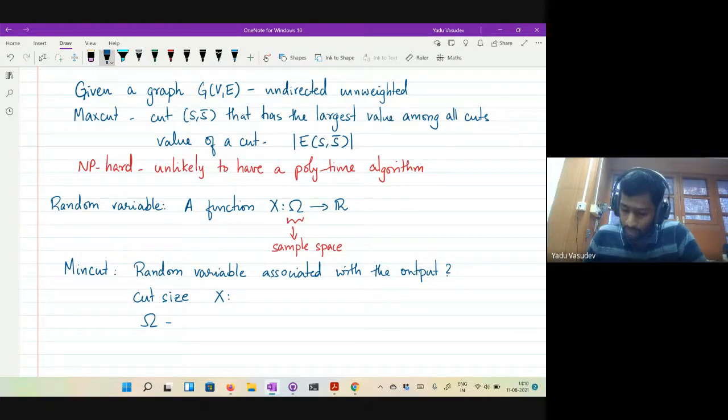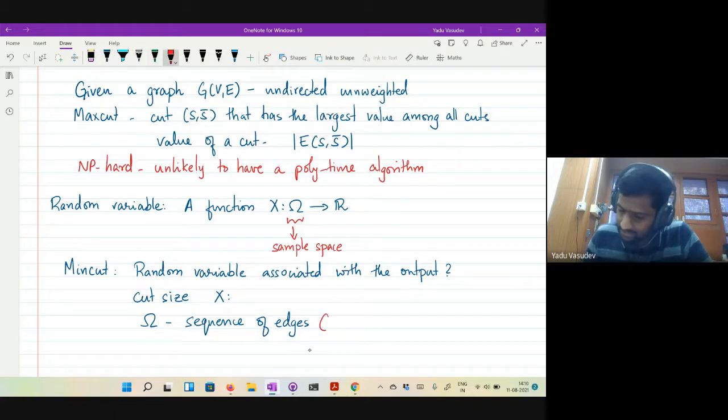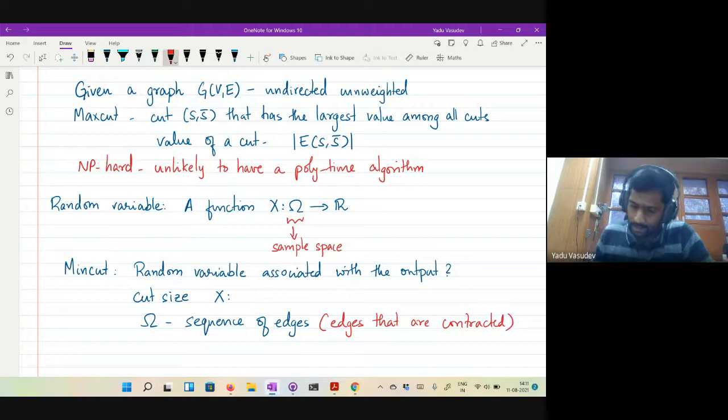Omega is basically a sequence of edges, right? The sequence of edges is exactly the edges that are contracted. For every omega in capital Omega, every element is now a cut in the graph.